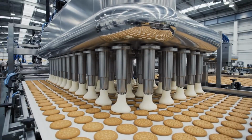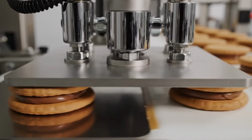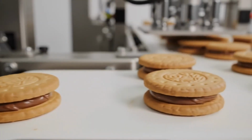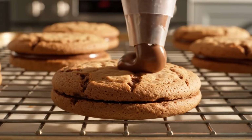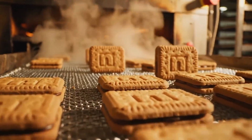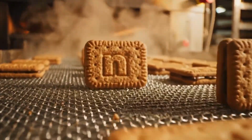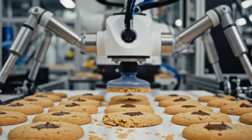between success and catastrophe. The next time you open a jar, remember, you're holding the end result of a process so complex, so precisely controlled, that it borders on the miraculous. In a world where most things break down, Nutella represents something rare: human ingenuity winning against entropy, one perfectly smooth